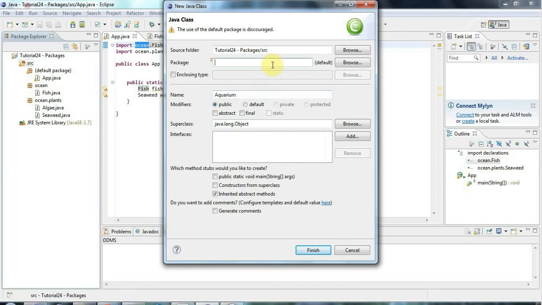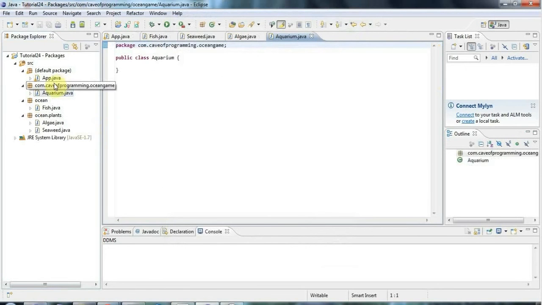caveofprogramming.com, so I'd put this in a package called com.caveofprogramming, and then I'd probably give this a specific package just for this particular project. So this could be called, I don't know, Ocean, sorry, it's got to be lowercase, oceangame or something like that. And so now if I look on a disk, my Aquarium here is in this package com.caveofprogramming.oceangame, and my website's caveofprogramming.com, and this particular project is called Ocean Game, at least as far as the package